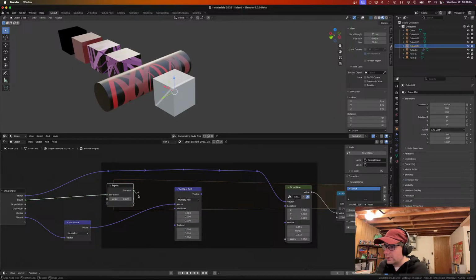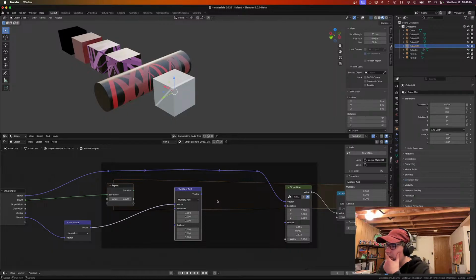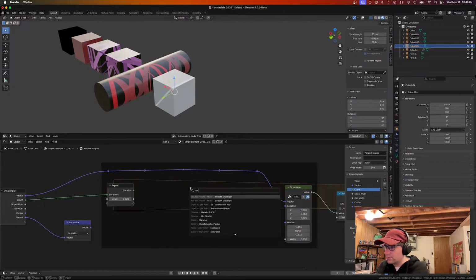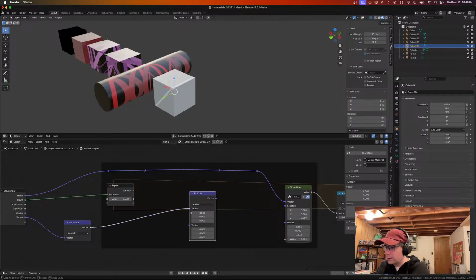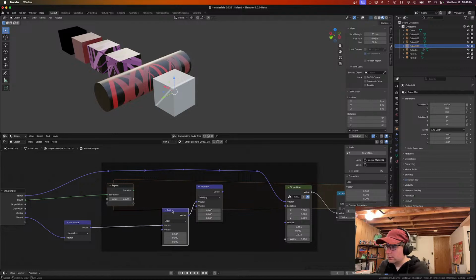The multiplier, actually no, it's not a multiply add, because we want to multiply something and then add it. So it's just a vector multiply. So we're going to multiply this guy by, vector add of